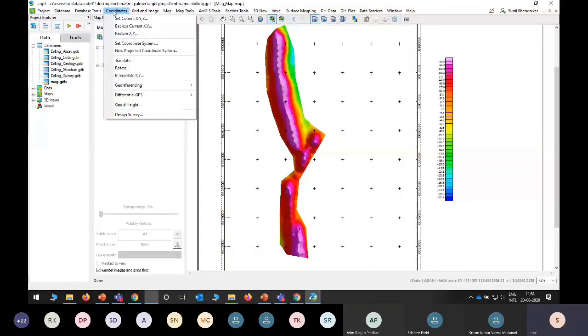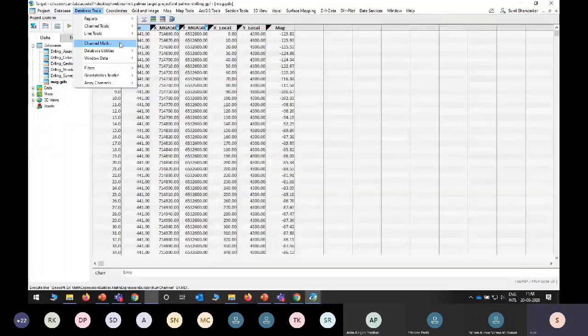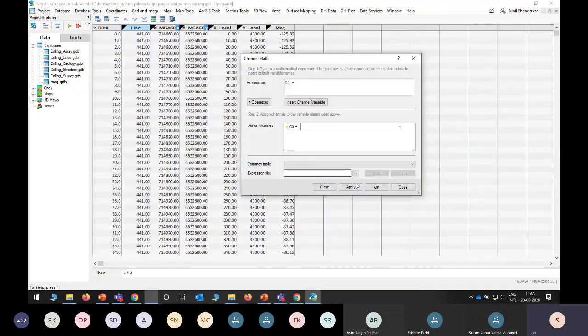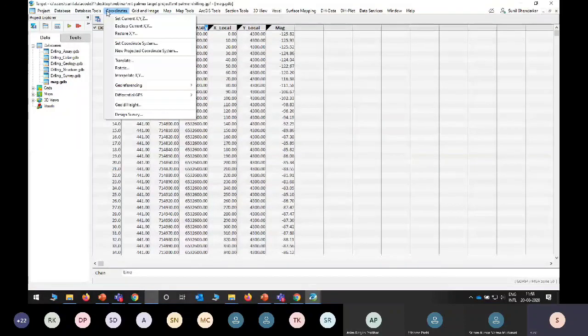Now the thing we can do is channel math also here. In the channel tools, you can copy the channel. So these are basically the vertical channels. You can use the mathematics also, it's similar to Excel where you can insert the formulas and all together. So that kind of channel math you can do here. Here you need to insert your expression, and accordingly you can get the result in a new channel.